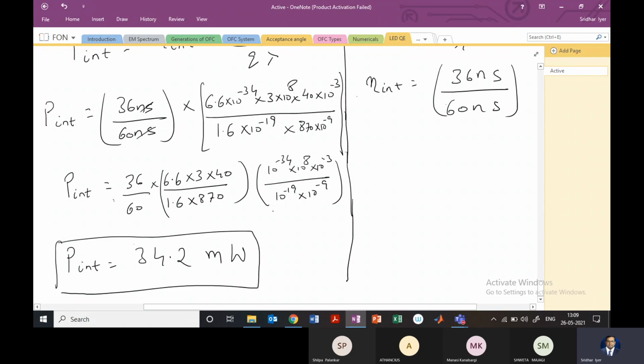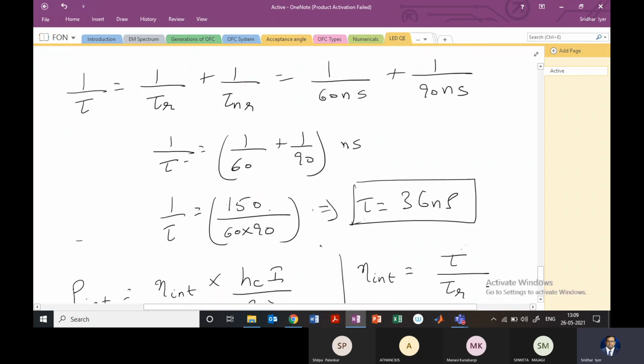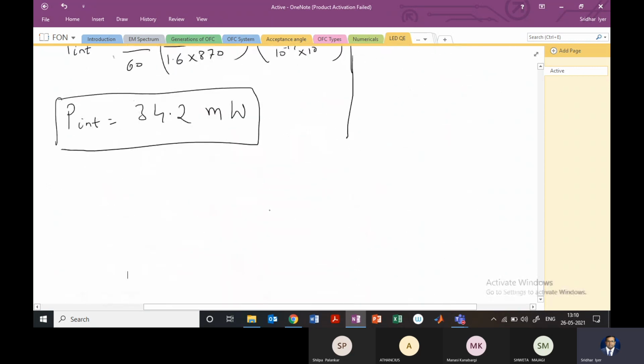Okay, so it's easy to calculate. Only thing is it takes a lot of values to calculate. That's all. Okay. So there are more problems of the same type which we can solve tomorrow in the next class.